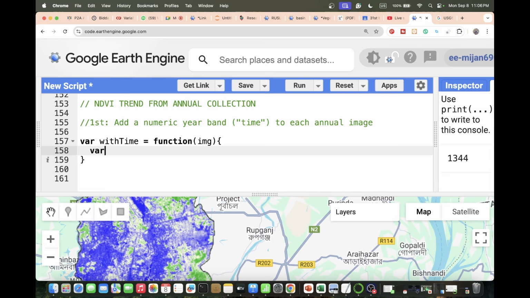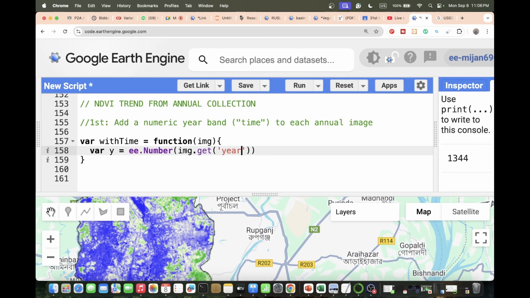So take a variable, suppose y, and I put here a numeric, so numeric or number, put here ee.Number, and this number comes from the element, basically every year or every annual image, and it gets the year